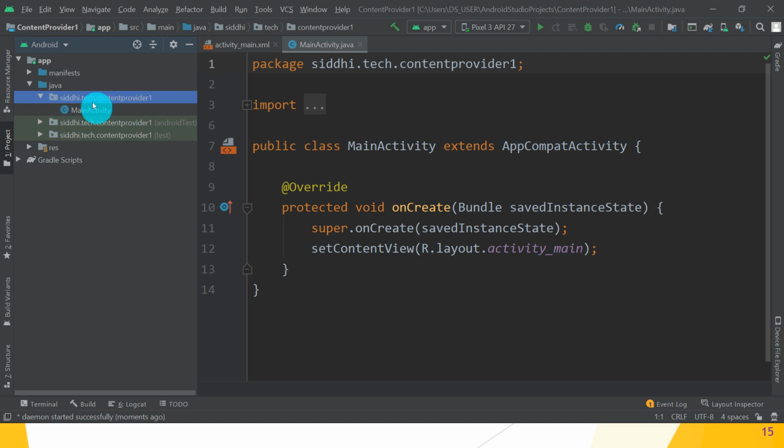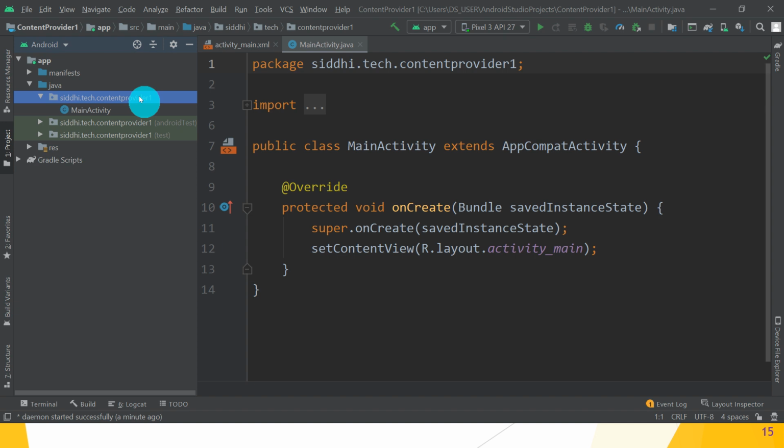Okay, here is where the MainActivity.java file exists. Now, what is the first step? The first step is to create one class, that is the provider class.